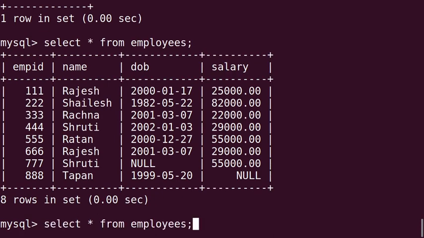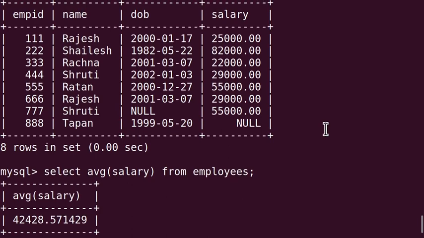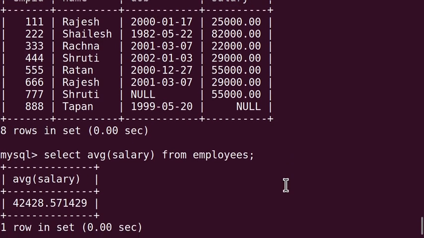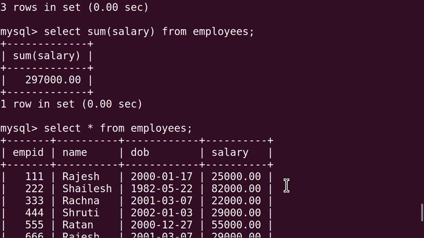Now let's check the average also. AVG. Press enter. We are getting this value. Here you can see that one value is given null. So the total salary we got is 2,97,000.